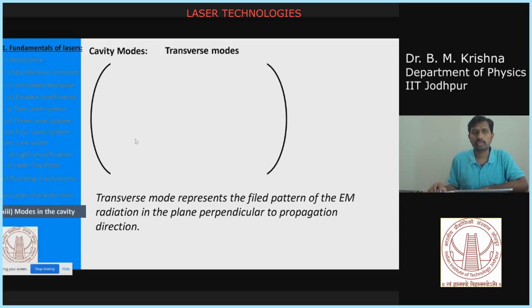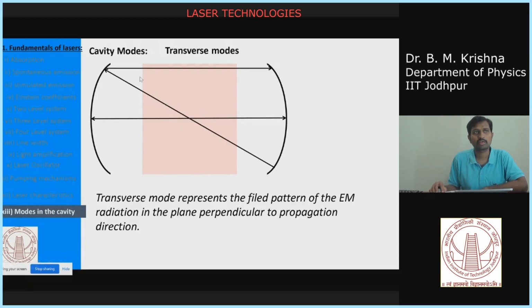To see that, you have to have a photographic plate or a photographic film or a camera, and you have to use it perpendicular to your propagation direction. So now I will take your active medium. This is the axial direction. If a photon is going at these angles, it will be trapped like this and directed again towards the end mirrors. If photons go a little away from the axial direction, at these angles, they will be captured and go to the end mirrors.